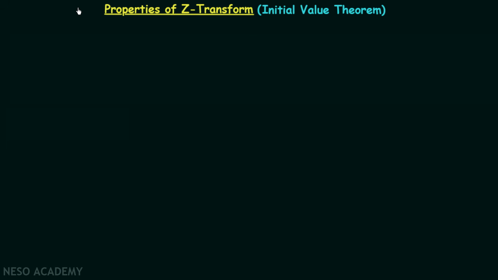Till now we have completed the 11 properties of Z transform, and now in this lecture we are going to have discussion on the 12th property of Z transform, that is initial value theorem. And before understanding the initial value theorem in Z transform, we are going to revise the initial value theorem we